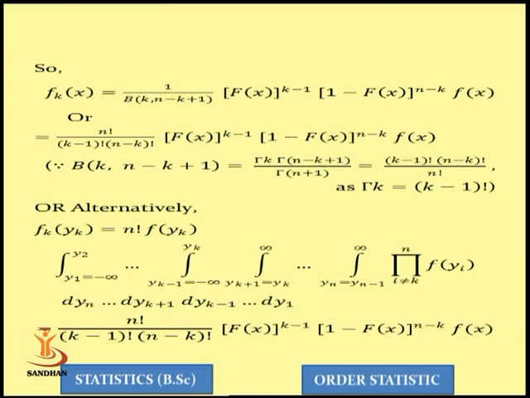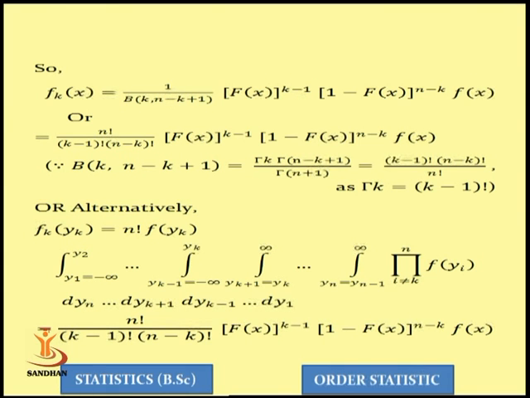Because as you know, from a joint distribution, if you have to derive the marginal distribution, you integrate your joint density over all the other variables other than the variable whose marginal density you require. So now, as we have the joint distribution of y1, y2, up to yn, except yk, we can integrate that joint density over all others, that is y1, y2, up to yk minus 1, yk plus 1 up to yn, and the joint density is the product of f of yi, right?